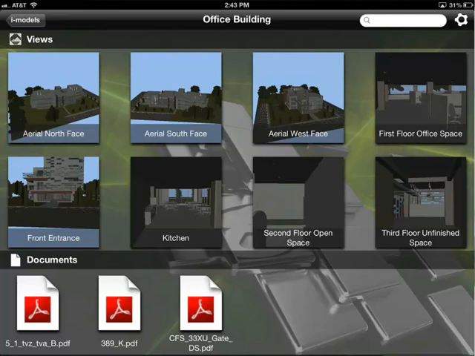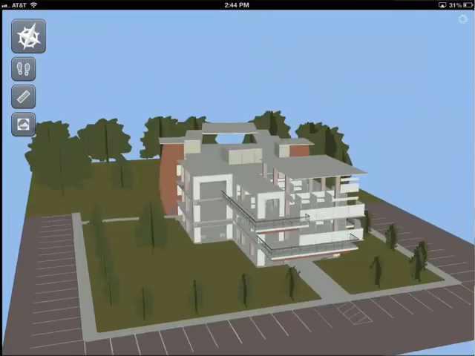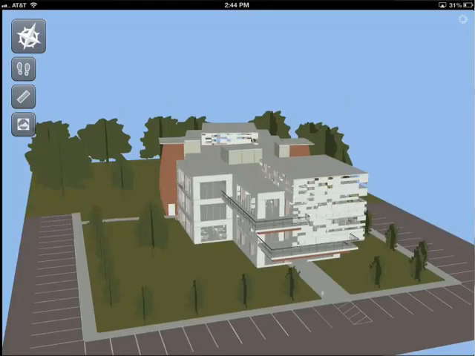So that opens the iModel inside of Navigator, and from the interface you can see that we have several different saved views. Also across the bottom we've got some attached files inside of that model, in this case several PDF files. Across the top I can select which view I actually want to go to, so I'll just pick one of the overall, kind of looking on the outside, aerial views, and using my fingers I can